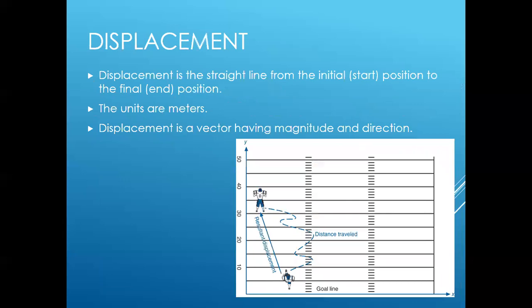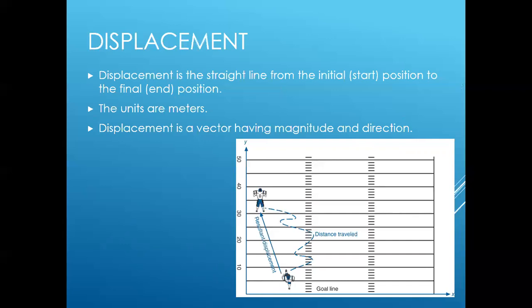The second type of change in position measurement we're going to talk about is displacement. Displacement is the straight line from the initial start position to the final end position. These units are in meters as well, but this is a vector. Displacement is a vector. So in order to calculate and report displacement, we need to make sure we include information